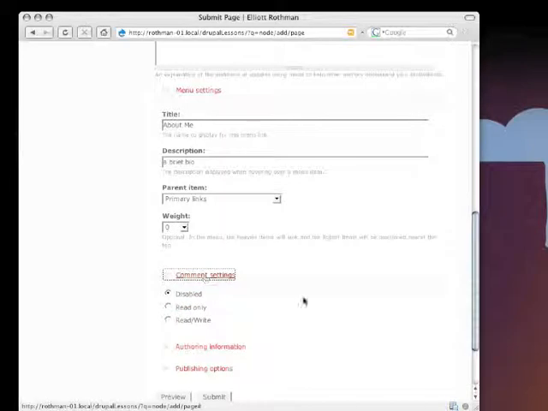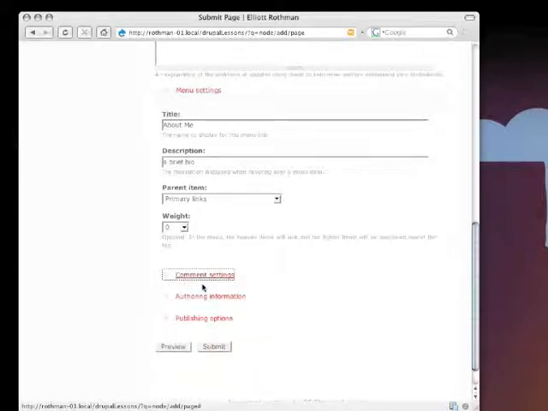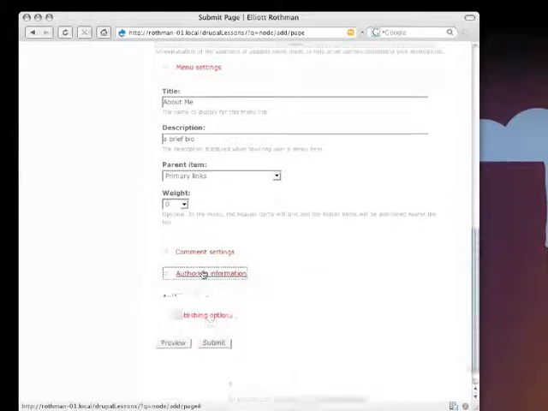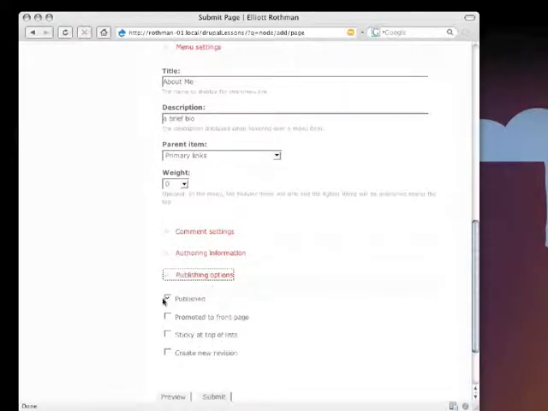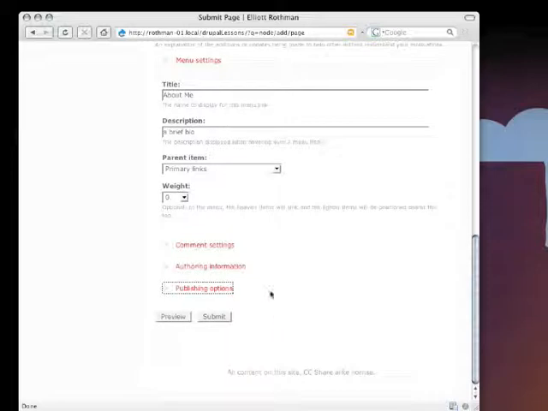For a page, the default comment settings are disabled because you don't necessarily want them to change. You want them to look kind of set. So I'm going to leave that disabled. Authoring information, that's fine. And publishing options, published, you'll note that it's unchecked to be promoted to the front page by default. And again, for the same reason, it's a static page, it's not something that's current. You don't necessarily want your pages to be promoted to the front page because they're going to be different than your blog posts. So I'm going to hit submit,